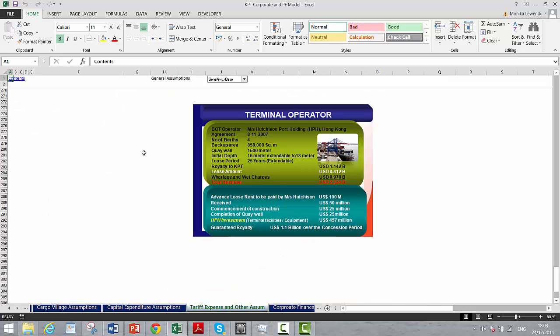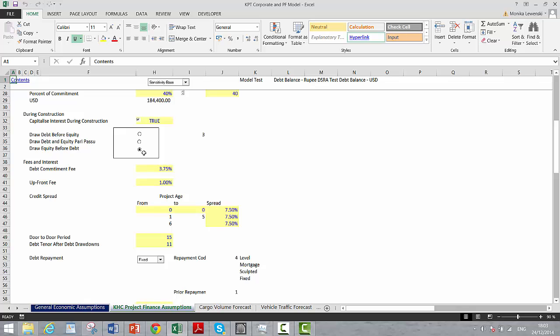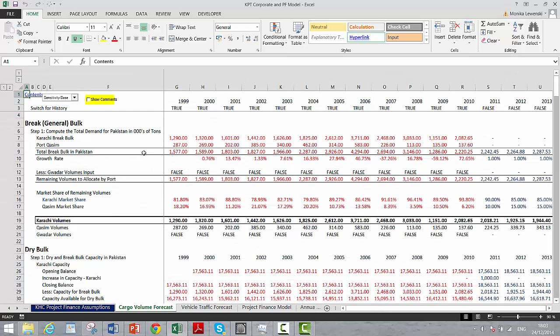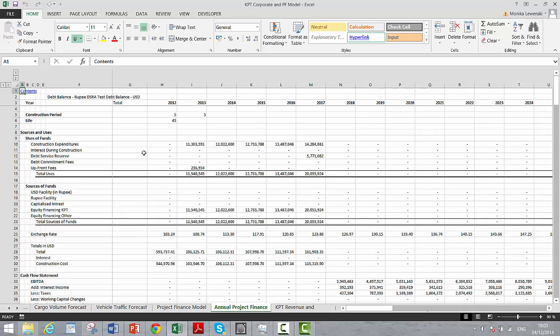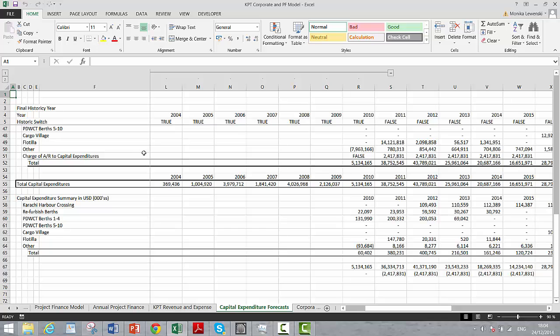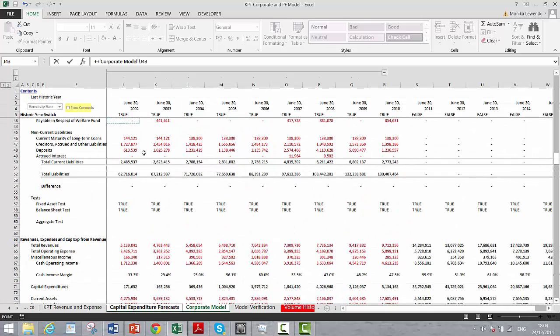And then, let's see, we have some corporate finance assumptions. We put them all together, and some general economic assumptions. Then you can make your forecast of how much cargo they're going to get, how many vehicles they're going to get on the tollway. You make a project finance model, and there are too many pages. I think this is way too big, but you could then summarize all the capital expenditures, make absolutely sure you